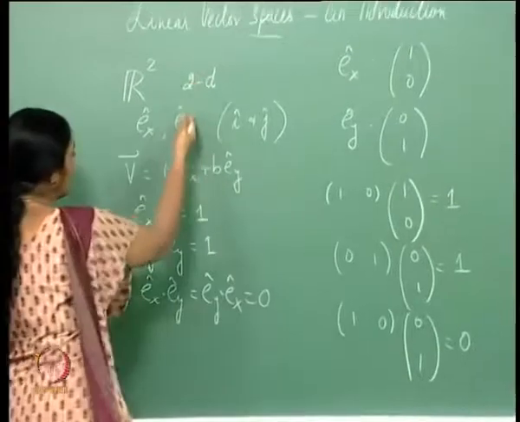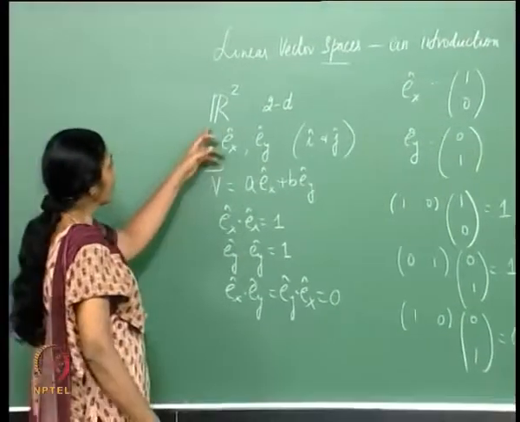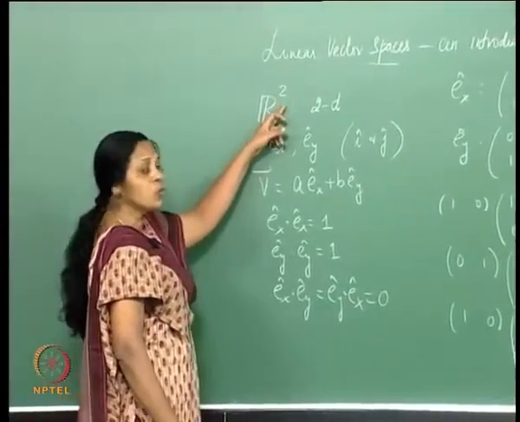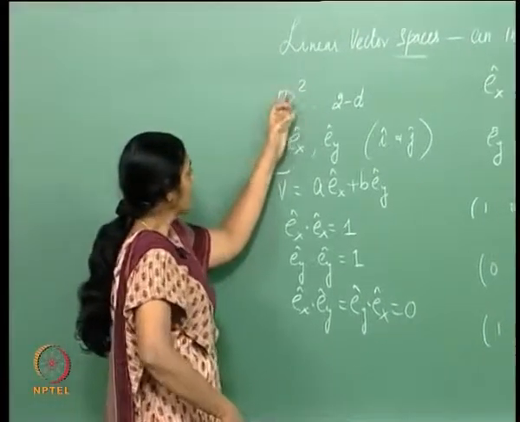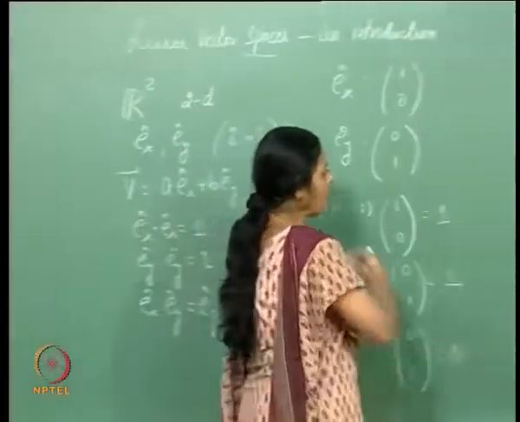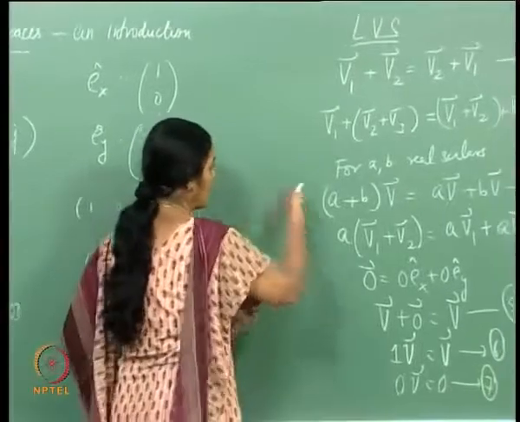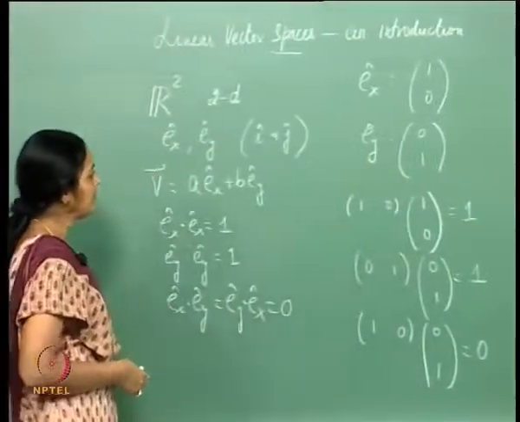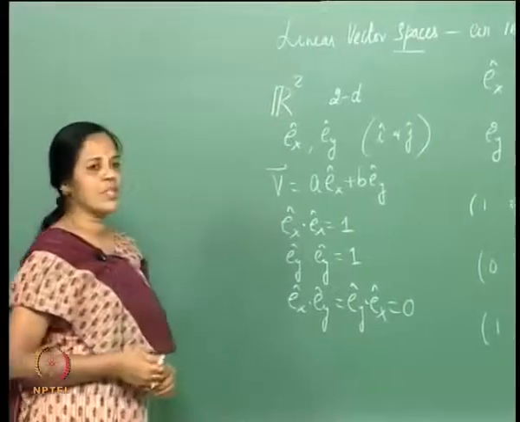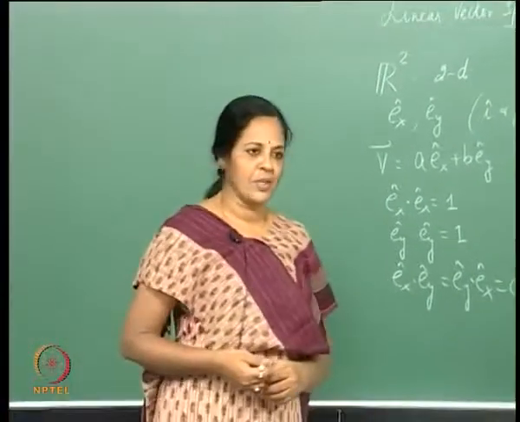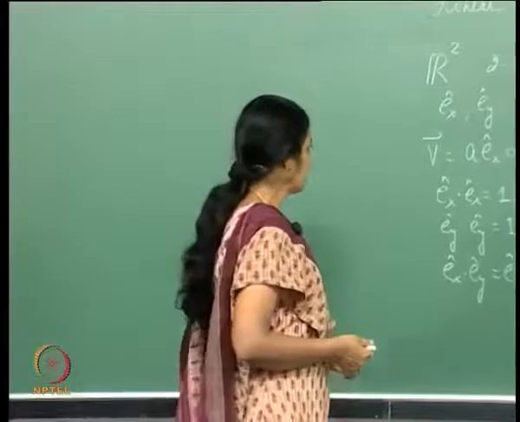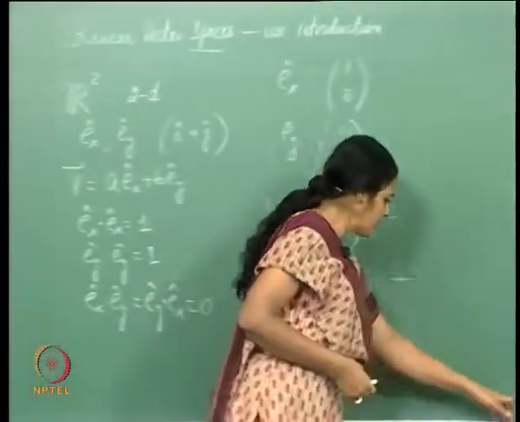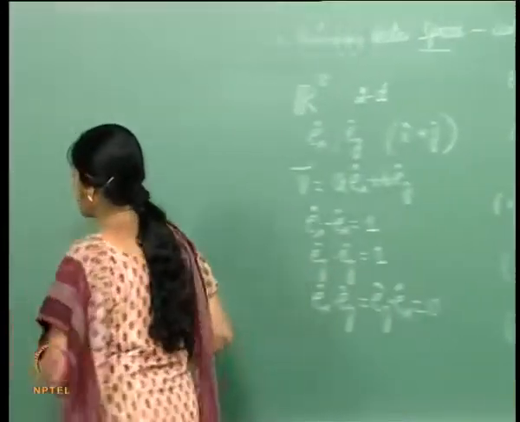It's very easy for you to check that R2, the two-dimensional Euclidean space, all vectors or states in R2 satisfy these 7 properties. So this is the simplest example of a linear vector space. I can think of more examples. For instance,